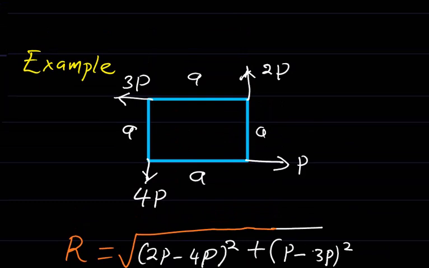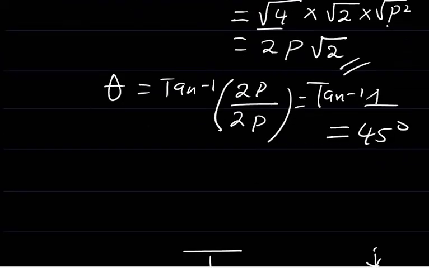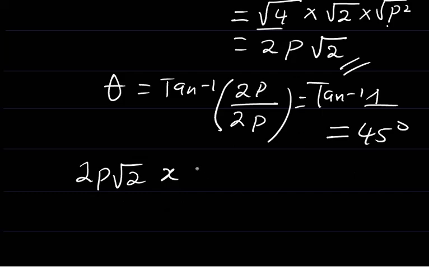Let's say the position of the resultant from one of the forces, from point C, I'll call it X. So what we are going to do is take moment about C. The resultant, which is 2p root 2, multiplied by X, is equal to